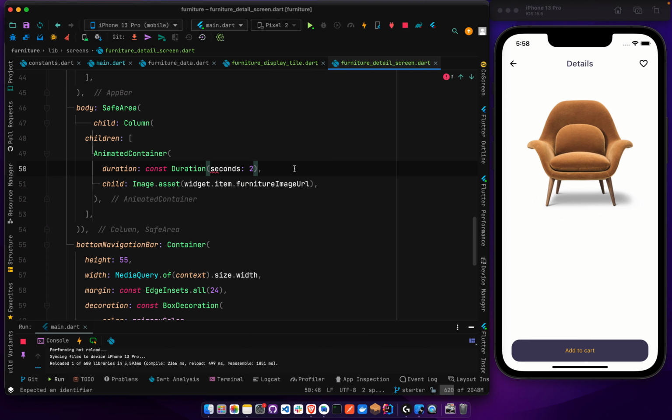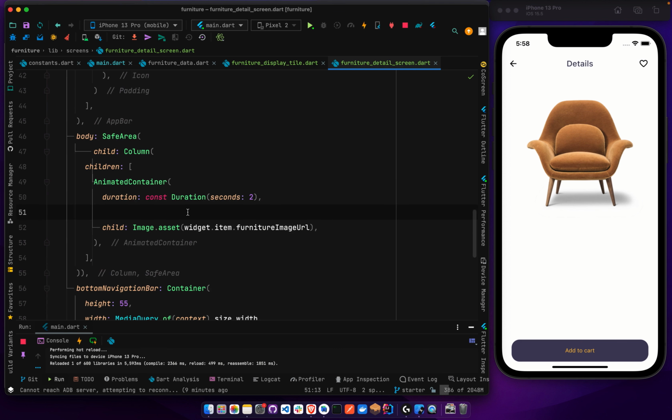So we want to be able to animate this guy in 2 seconds, and then we need to have the initial value. First of all, let's do a little bit of